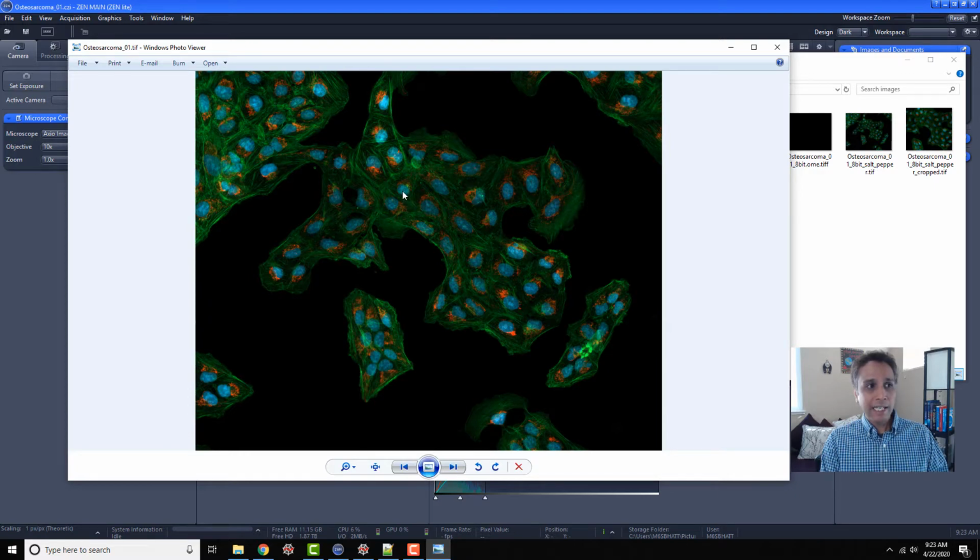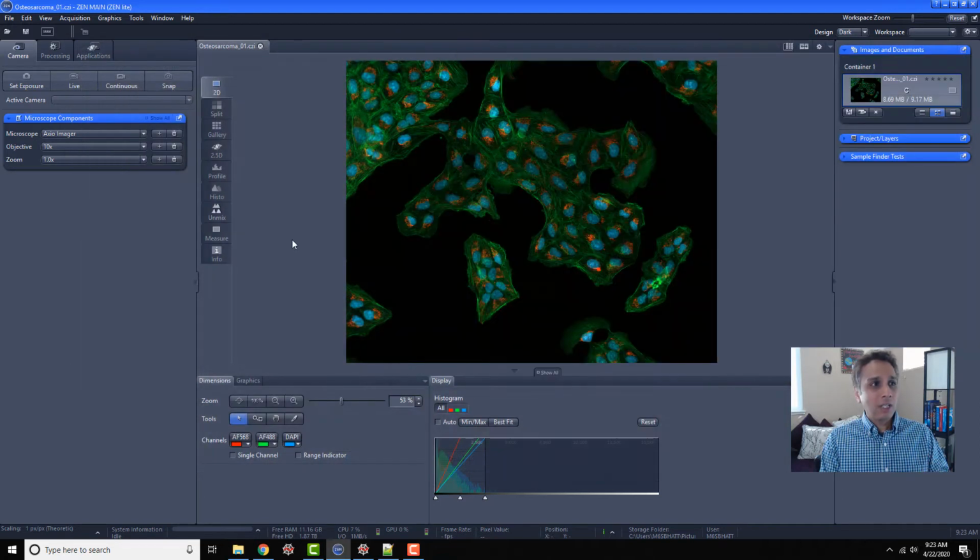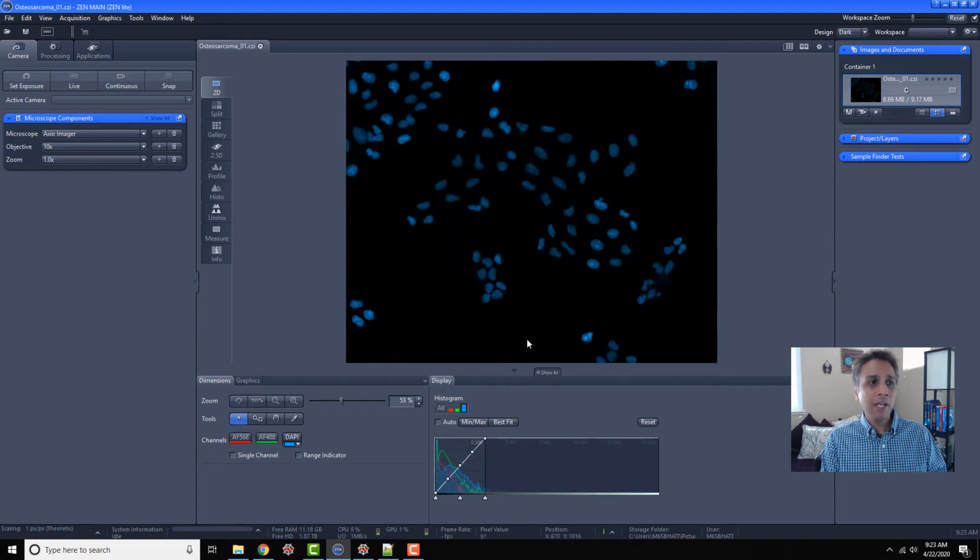In this case, each pixel has a value for red, for green, and for blue, and a combination is giving us this RGB image. Now, if you look at this .CZI image, this image is a mixture of three different channels, okay? AF568, 488, and DAPI channels. You can turn these channels on and off, and you can work with this image right now. If you want to do nuclei counting, this channel would be a great channel to extract and then